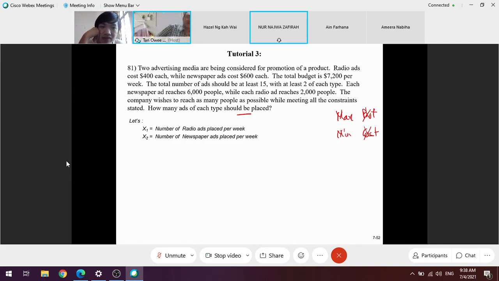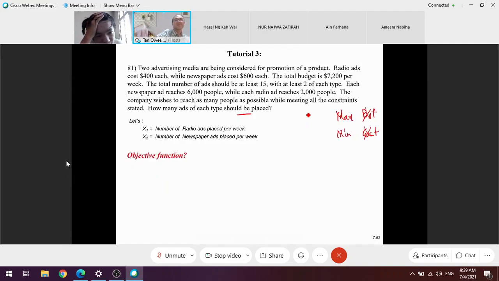You already answered it actually. How many, what is the objective function? The objective function is 2000. That's not its answer. What is its objective for? Is it to maximize cost, minimize cost, or for what? To maximize. Maximize what? Maximize the number of people reached. Yes, exactly. It wants to maximize the number of people, not cost. Maximize the number of people that can be reached by the ads. Okay, so that's the objective function.